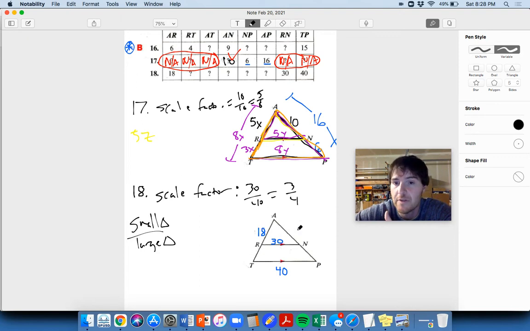So we're not going to do 18 over AN over NP. That doesn't help us. We're going to deduce it a different way, okay? So first of all, this is 18 right here. We know that this 18, this distance right here,